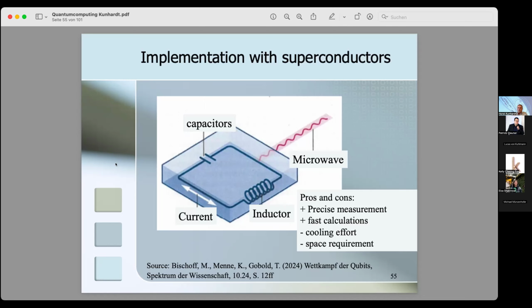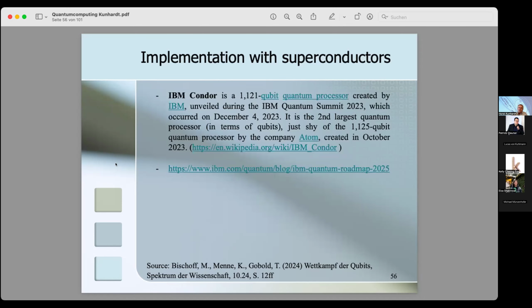So the pros and cons are: it is possible to do a very precise measurement. We can calculate very fast. The problem is the cooling effect, and a lot of space, more space than we require compared to other approaches. IBM is working on that system, and they state on their website with the Condor quantum computer, they have realized a